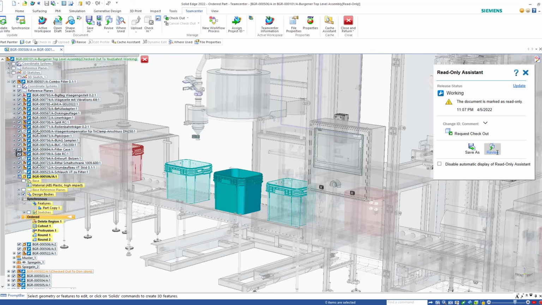I can either revise it or I can do a save as. So I can make a clone of the part, or I can go ahead and revise it and say I wanted to make a further change to it. Besides a cosmetic look, maybe I wanted to add an extra feature to it. So what I can do is say, you know what, let's go ahead and